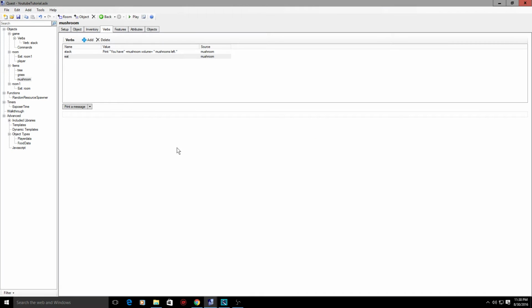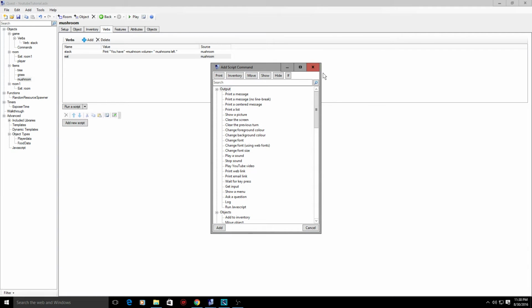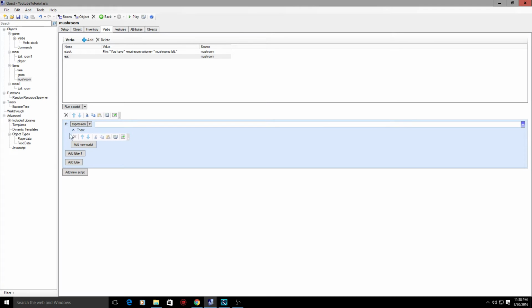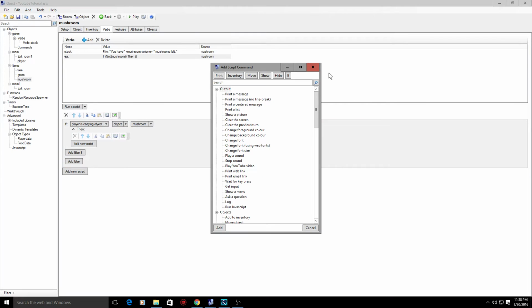So we want to eat this. What are we going to do when we eat this? Instead of print message, we're going to run a script. That script is first to add a new script, and we're going to find our if statements. So find if, and if player is carrying object mushroom, then add a new script,